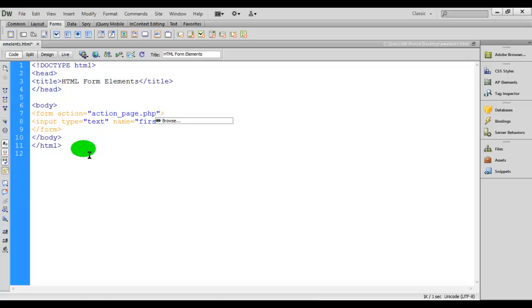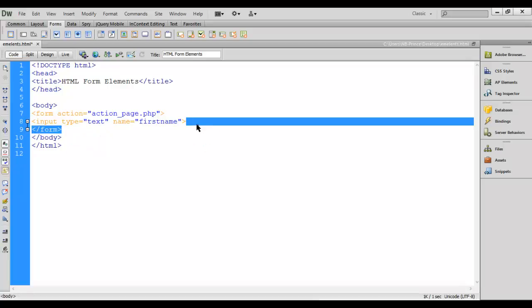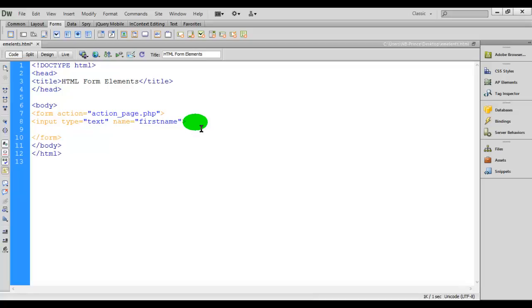Right? And now the next thing we should create is the select element, and we create the drop down list by using the select element and option elements. This is the select element. Now also give this the name, let's say cars.